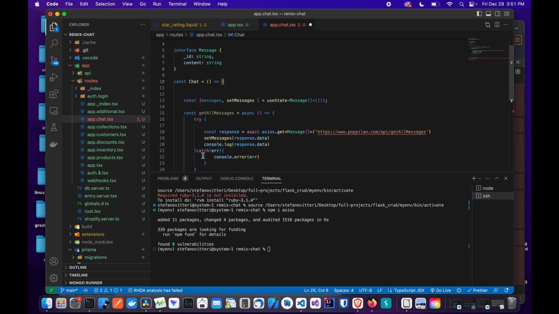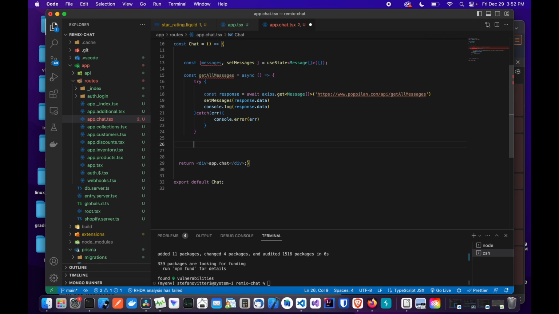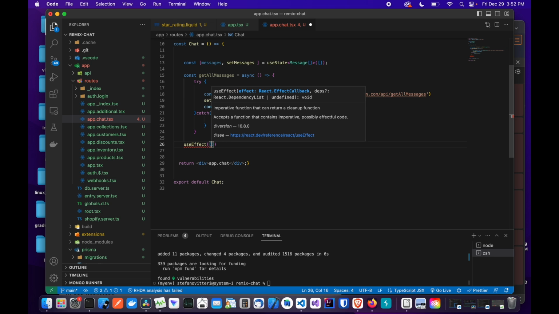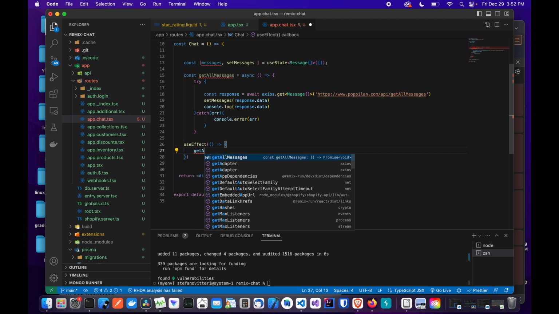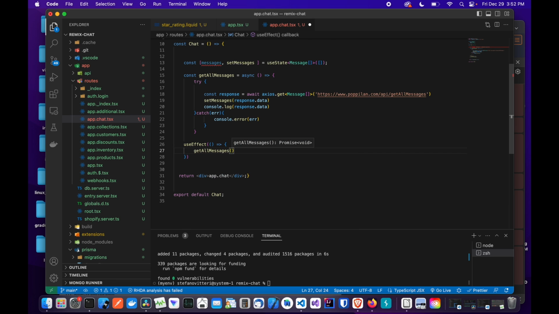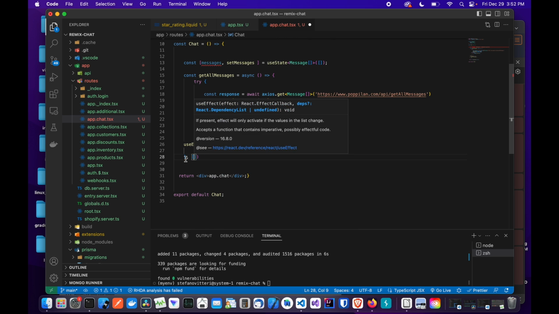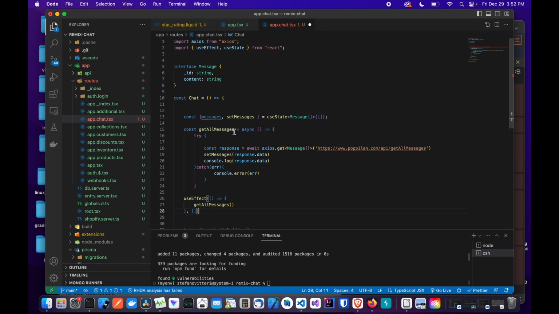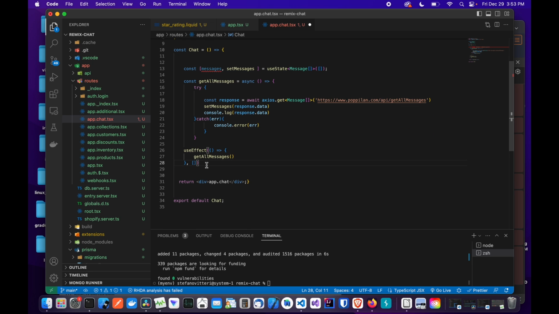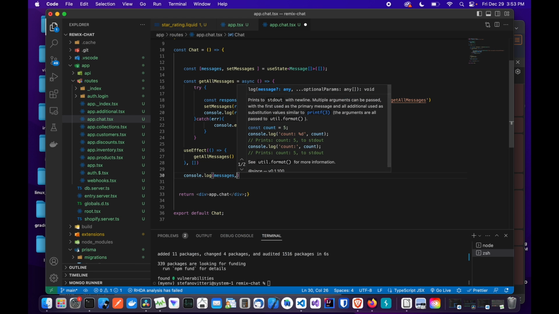Okay guys, so what we need to do next is we need to create a useEffect. Let me just import useEffect from React, and here we are going to call our function. So inside here we're going to call my getAllMessages function. Okay, so let me put an array here so it doesn't clog our browser. So now I think that's pretty much it here. Now we need to display the list of arrays, but first let me console log what's happening here. So messages,